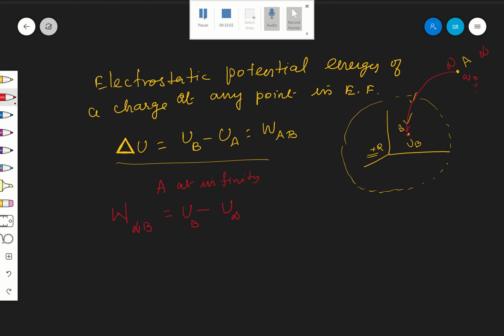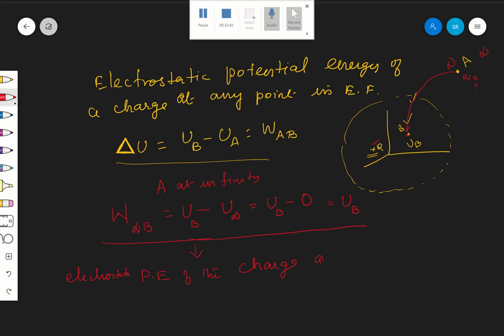A is at infinity, right? That is nothing but U infinity, which doesn't have any influence, so it is 0. Because it is at infinity, the potential energy is zero, as plus Q does not have any influence on it. Therefore, you will get UB here. Hope you are following. So this gives you the potential energy, the electrostatic potential energy of the charge